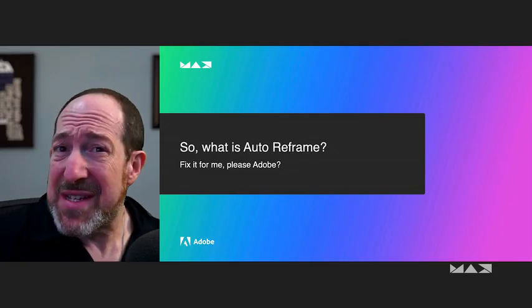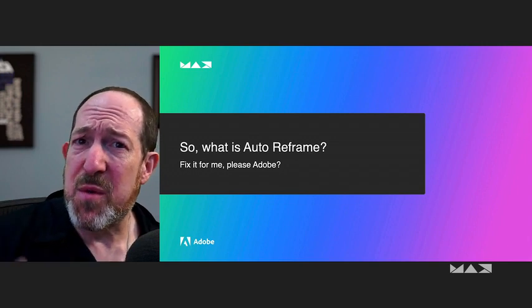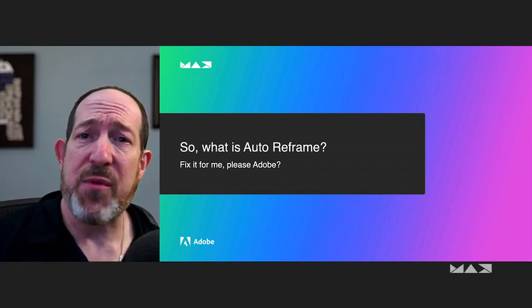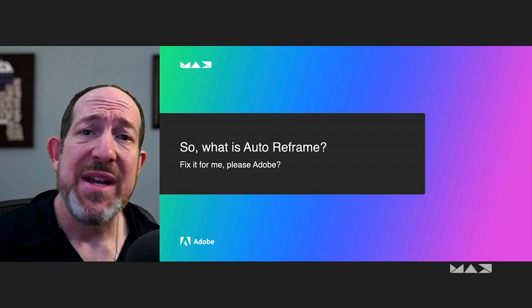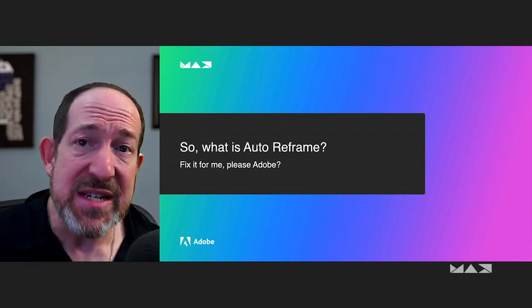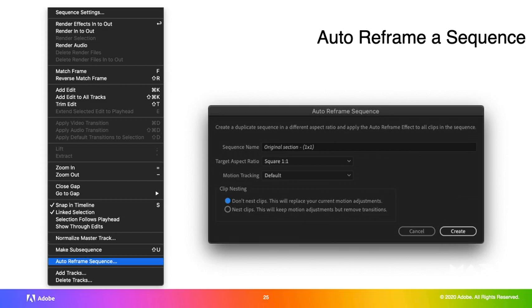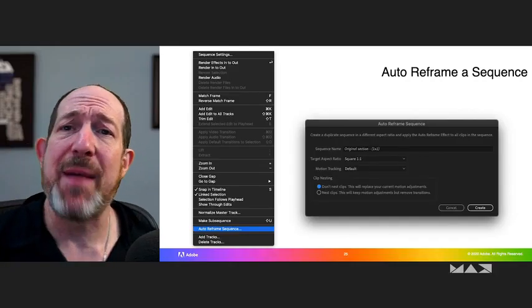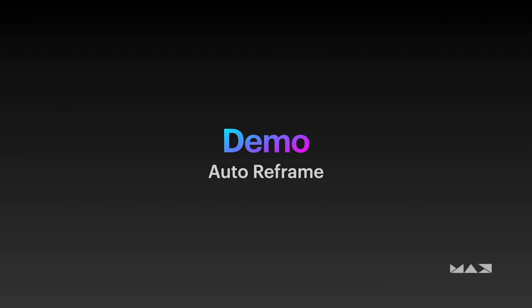So we've done this now in Adobe Rush. I want to show you how this works in Premiere Pro. This is what Auto Reframe is all about. Fix it for me, Adobe, please. You have a sequence loaded. You go to the sequence menu and you choose Auto Reframe Sequence. And it's going to do a bunch of things, and we're going to examine how that works. So,